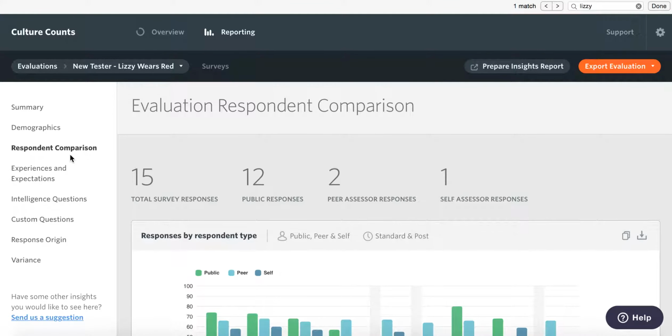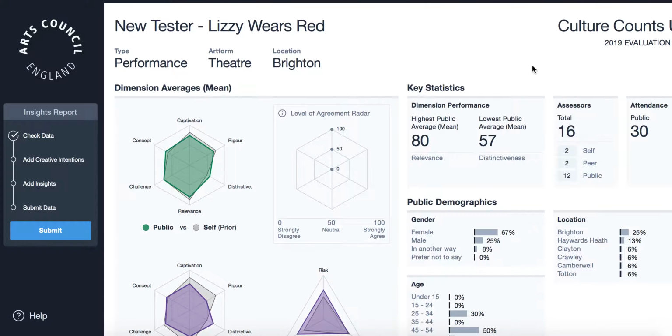But what I really want to draw your attention to today is this button over here, Prepare Insights Report. Okay, so if everything has been set up correctly and filled out appropriately, then you will be able to generate an Insights Report. So let's click on this. Okay, so as we can now see, it has loaded,